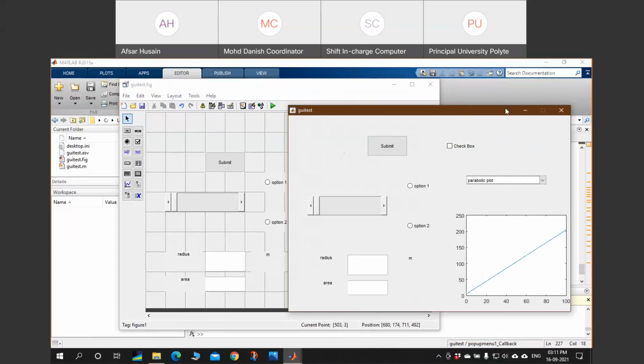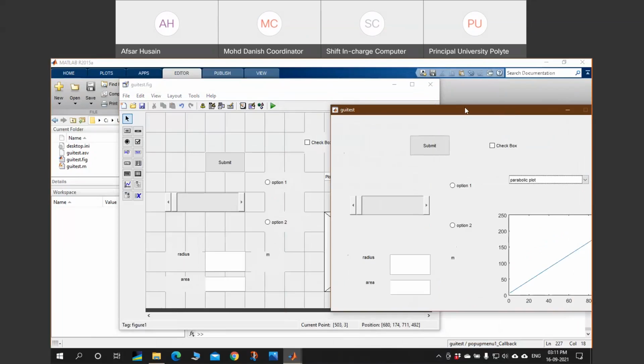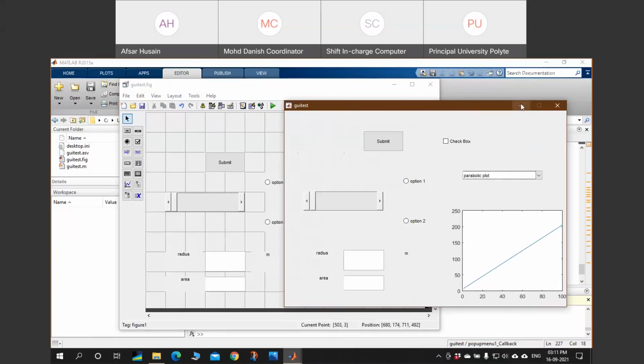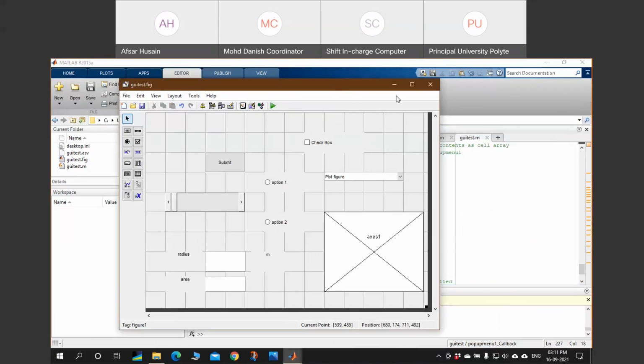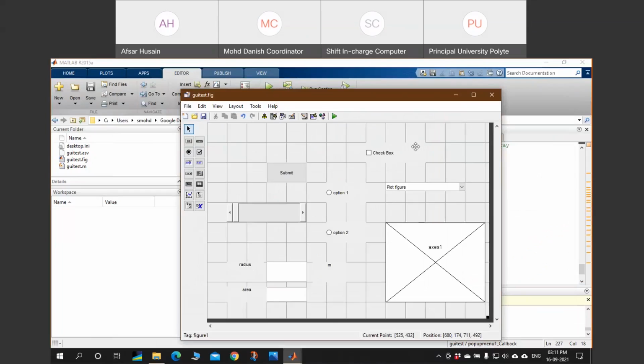So if participants have any question, they can write in the chat box in the question answer session, or they can raise their hand. So we will unmute them, and they can ask the question. Okay, so I think there are no questions. I should move on.